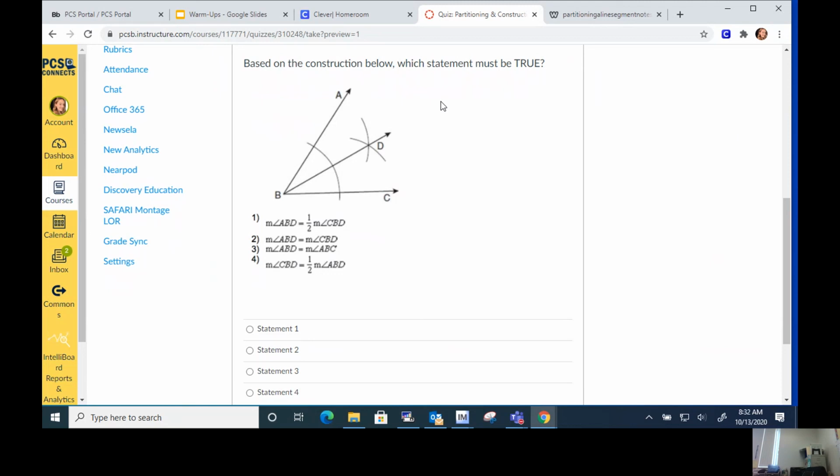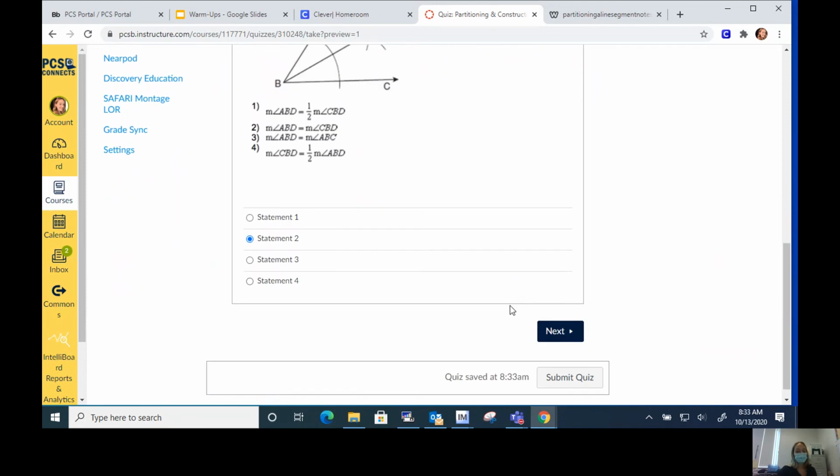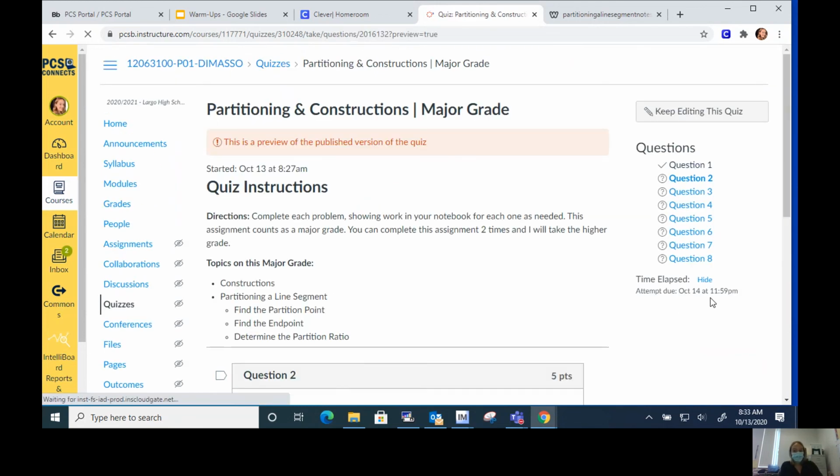So as you're working through, you have to really say to yourself, first of all, what is the picture a picture of? And then second of all, once I know what it's a picture of, which statement actually makes sense for those problems. Okay. So like when you get onto the second problem there, which I'm not going to walk you through, but as you get onto that second problem,